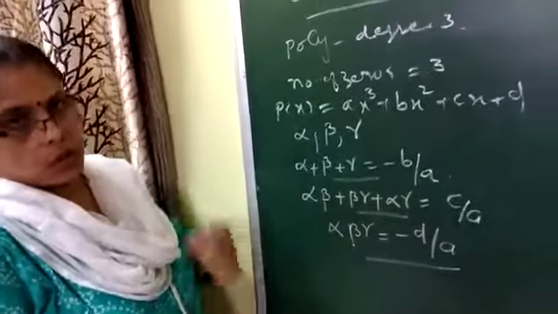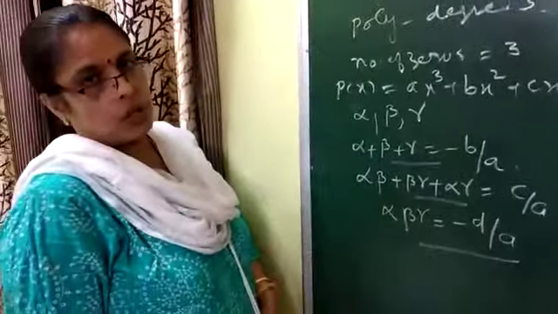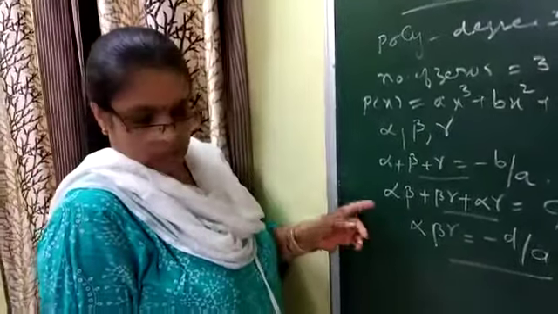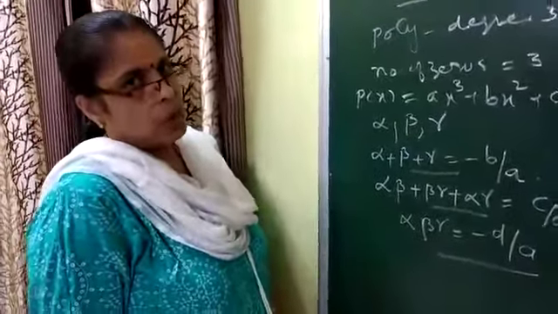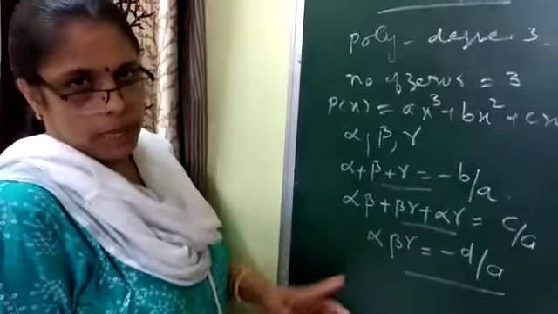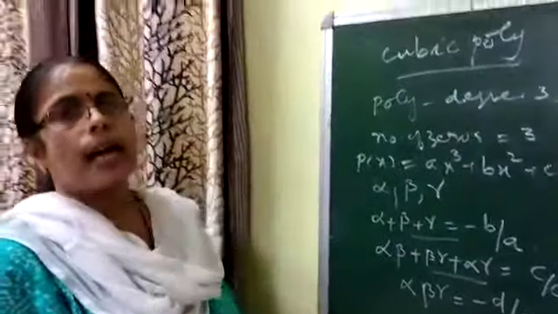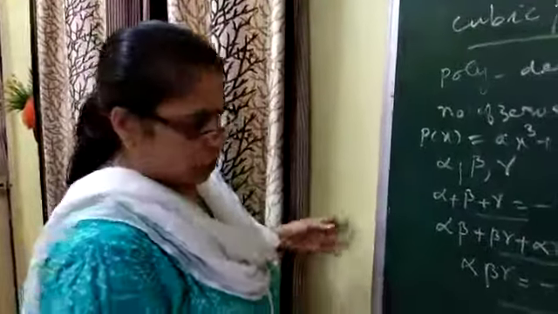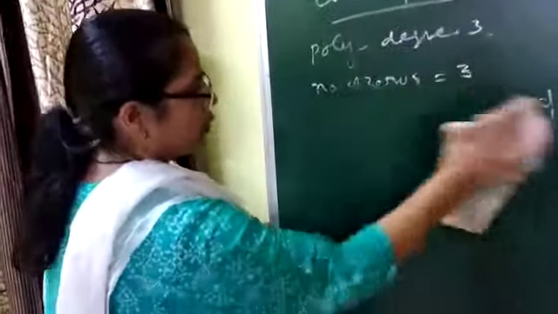This is the formula of the sum of zeros, sum of the product of zeros taken two at a time, and product of zeros. And in your NCERT book, even though it is given that it will not come for examination, you have to do it because it had come in the 2018 board examination, so that nothing can be deleted from your exercise questions. This is the cubic polynomial.